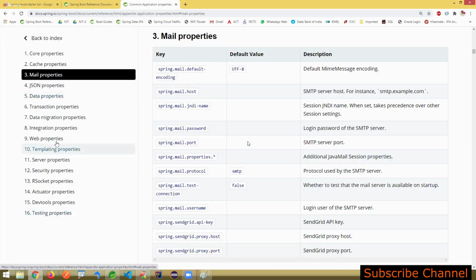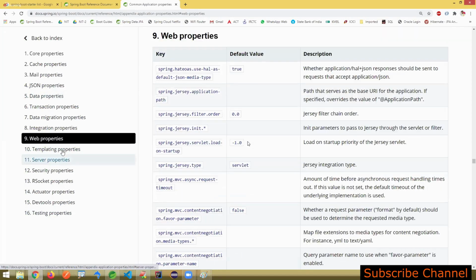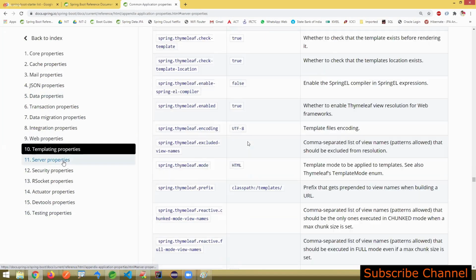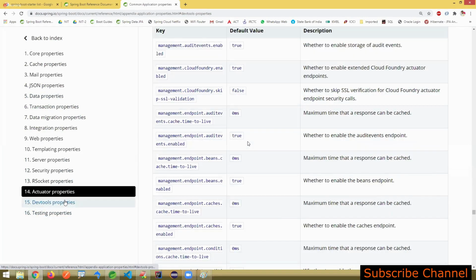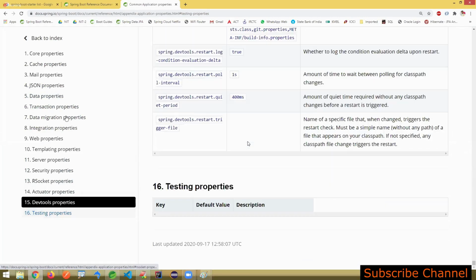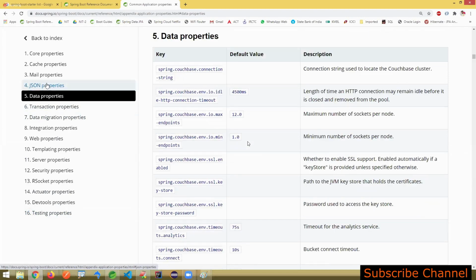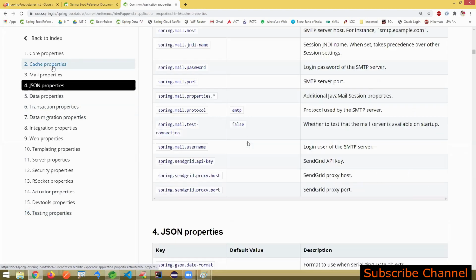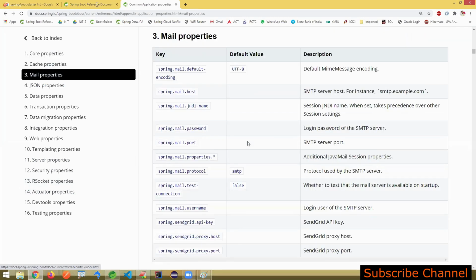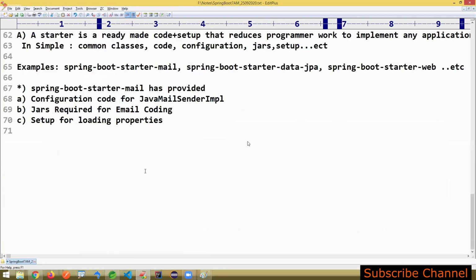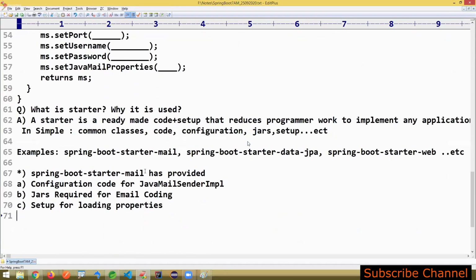Is your concept name web, template, server, security, actuator, dev tools, testing, data, JSON, cache, core? What are your properties? As of now you will not understand this, so I am just giving it manually. If you want to see all predefined keys,